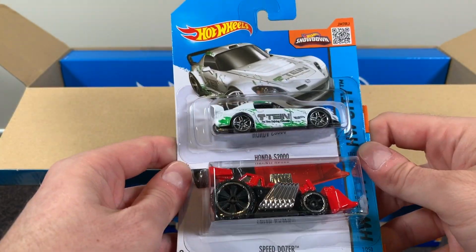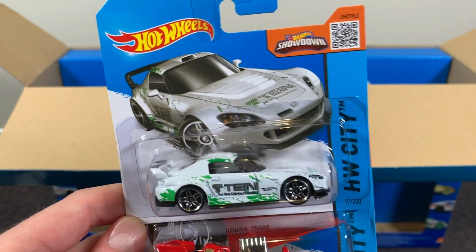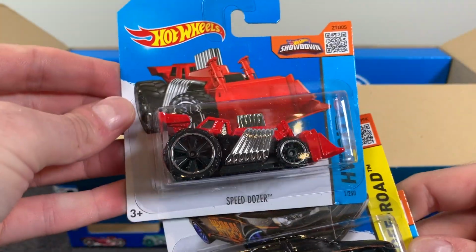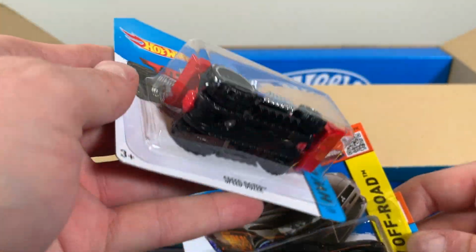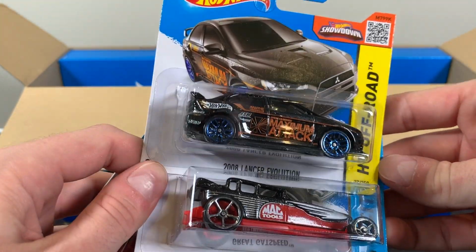We've got that Honda S2000 in the Hot Wheels City Series. That's a nice version. I like this one. Then we've got Speed Dozer. Gee, that's pretty heavy casting. I can feel that in my hand, pretty heavy. These wheels are huge. We've got the 2008